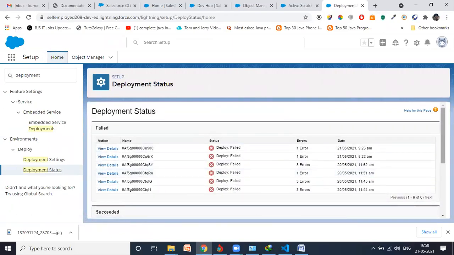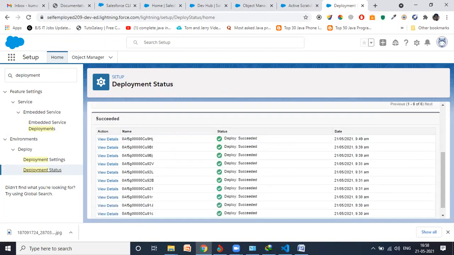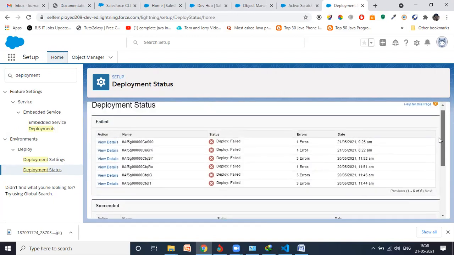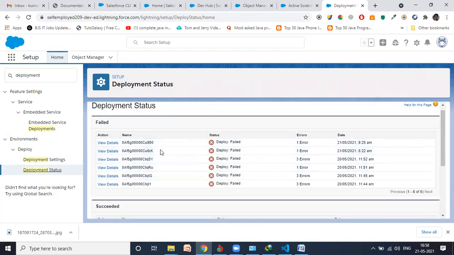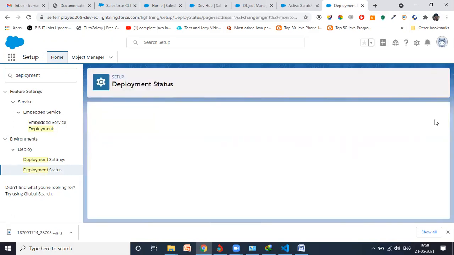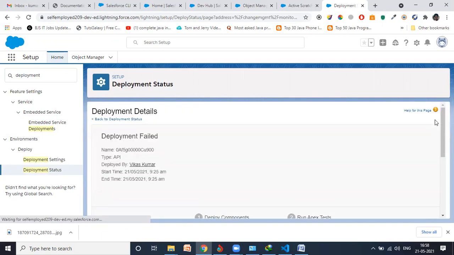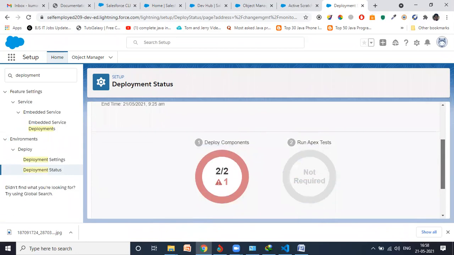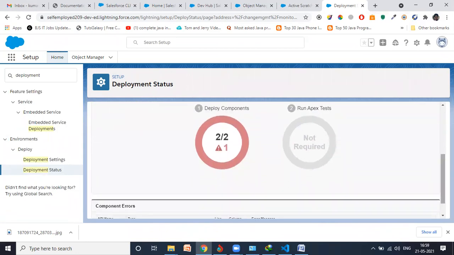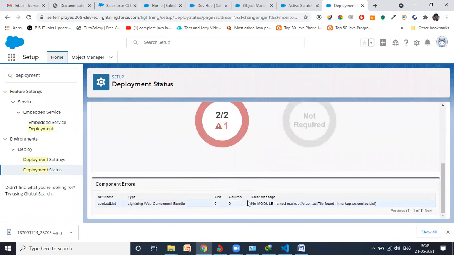Since I already deployed in this org many times, the status shows when it failed and when it succeeded. Every time for succeeded, obviously we won't check. Whenever a deployment failed, if you want to check what's the issue, click on this details and scroll it down. There's the error, it will show here, no module markup.